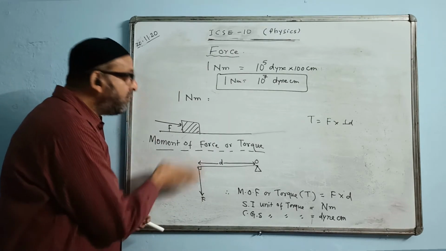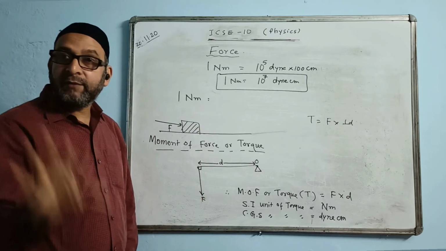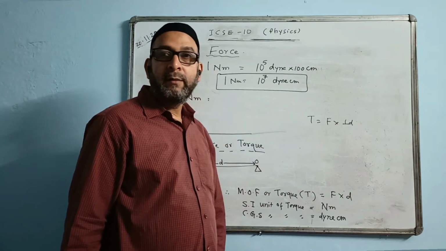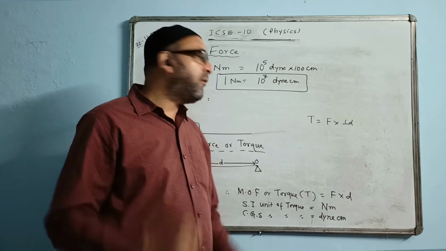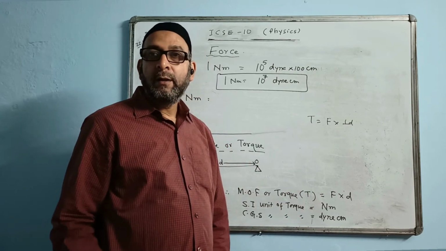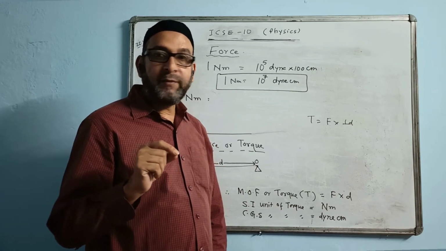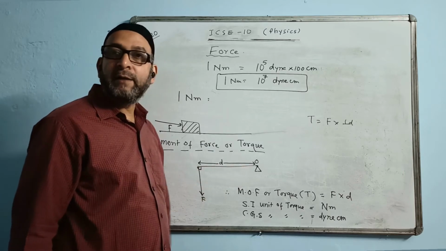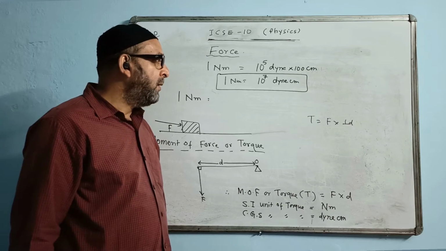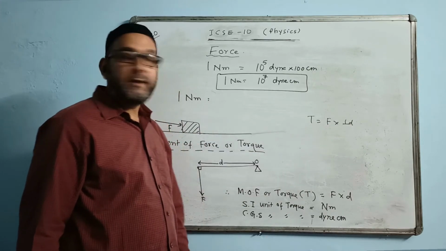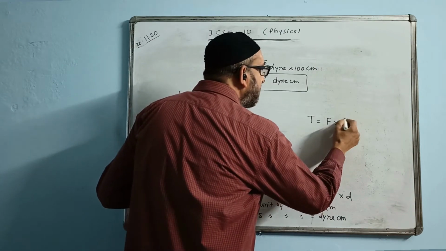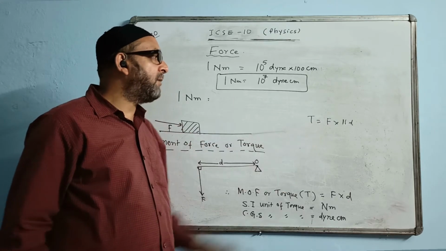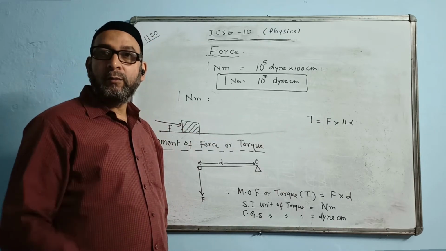If the distance is parallel to the force, the value of torque becomes 0. No turning effect will take place. That is, torque depends on these two factors. It depends upon the magnitude of force and also upon the perpendicular distance between the line of action of force and the pivoted point. You can see that also. In the torque formula we have F into perpendicular distance. If the distance is parallel, you know what the value of torque is then? 0. No matter how large a force you apply, the value of torque becomes 0.